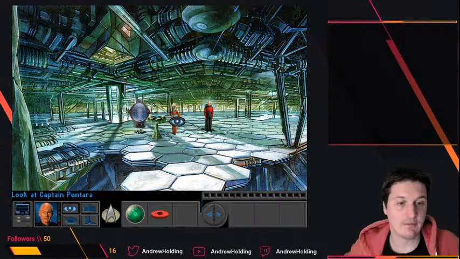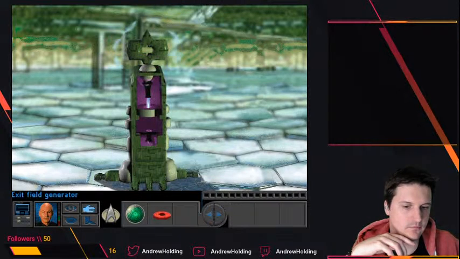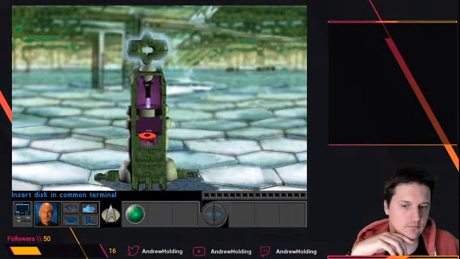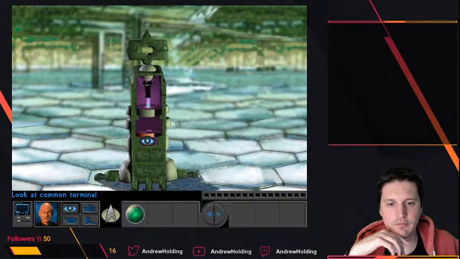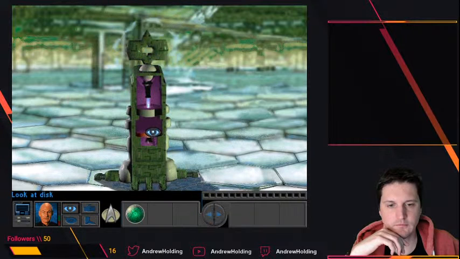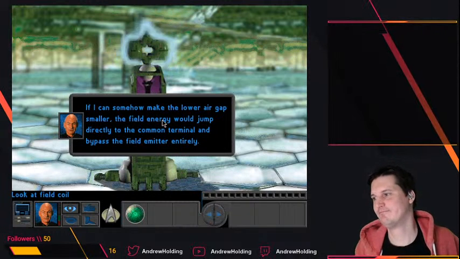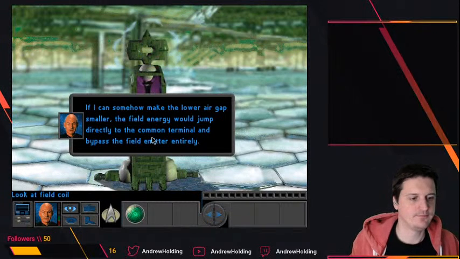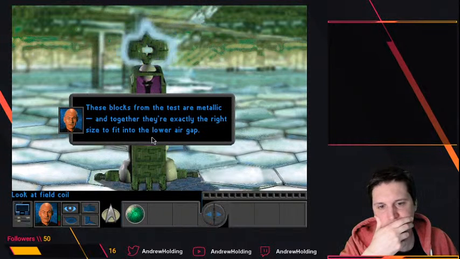Okay, apparently examine every part of it. I cannot use the... We probably missed it. The field energy must return to this terminal to complete the circuit. The lower air gap. The force field energy... If I can somehow make the lower air gap smaller, the field energy would jump directly to the common... These blocks from the test are metallic, and together they're exactly the right size to...